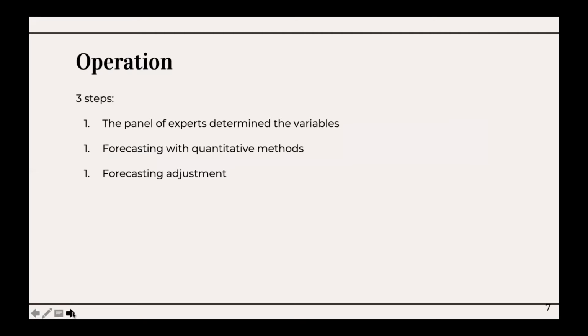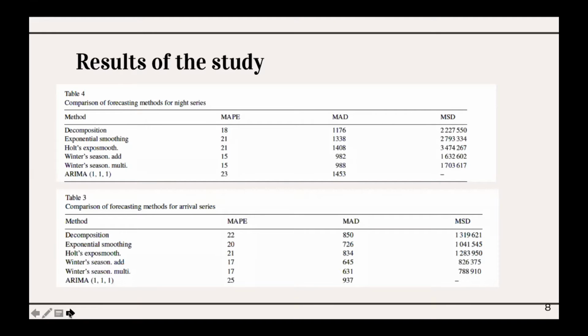Second, they used Winters, decomposition, moving average, ARIMA, and regression to smooth the data and calculated the corresponding errors for each technique. They noticed the highest accuracy from Winters seasonality adjustments. Then the quantitative portion of the study was complemented by a qualitative study, which is an adjustment to the forecast.